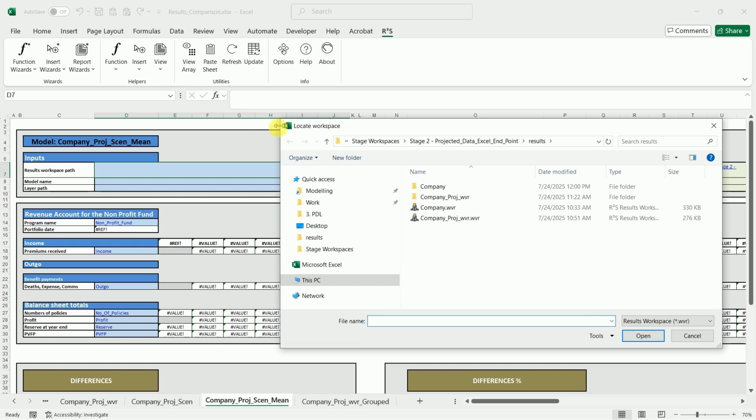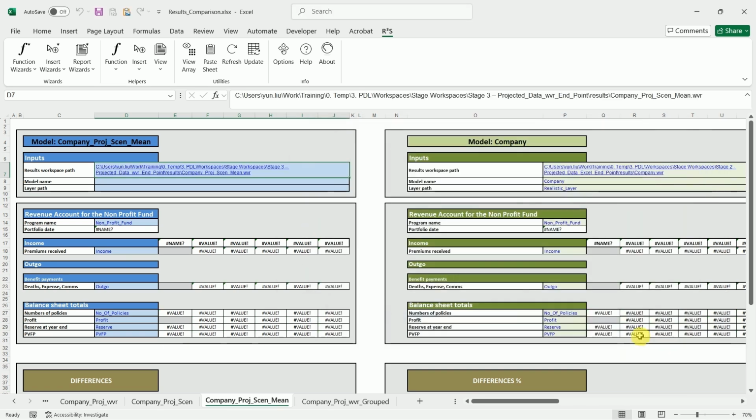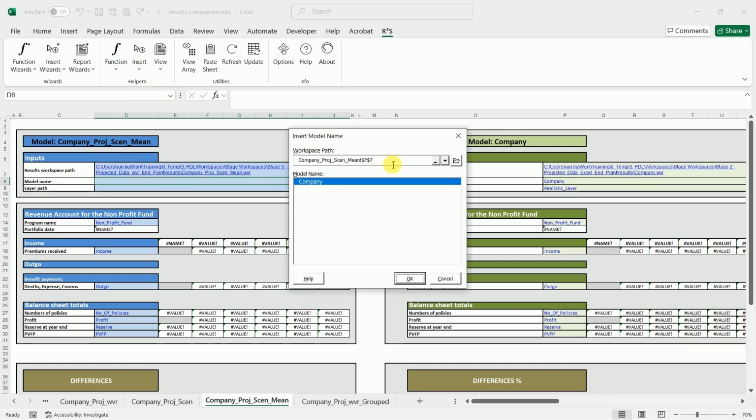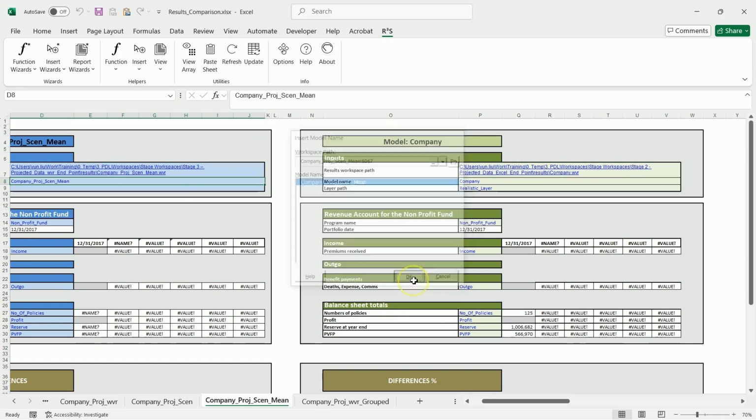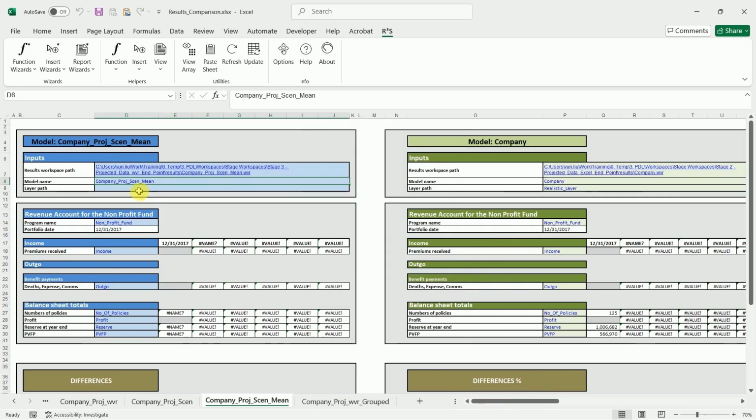Use the result from the Stage 3 results folder. Select the Company Proj Sen Mean result workspace and click Open. Update the model name and layer path as well.